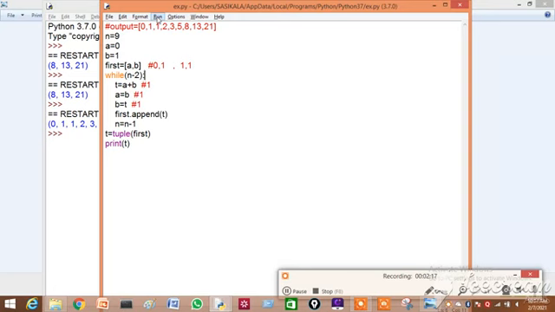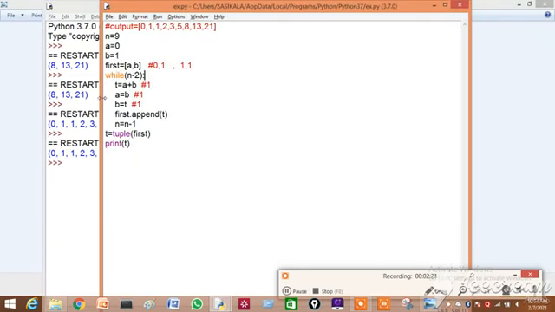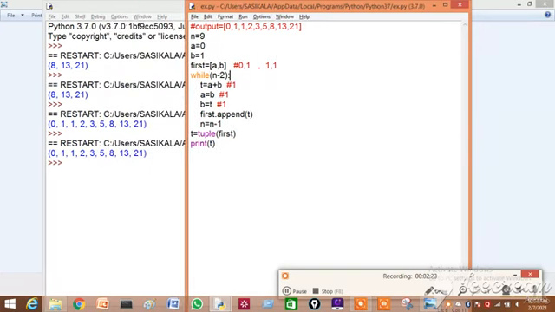Let us execute now. You can see we got our output: 0, 1, 1, 2, 3, 5, 8, 13, 21. Okay children, if you have any doubt, write in the comment section. Thank you.